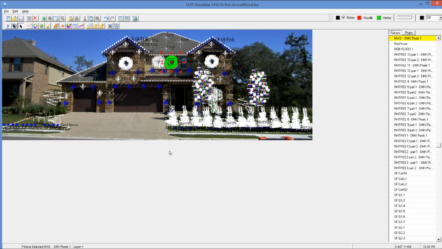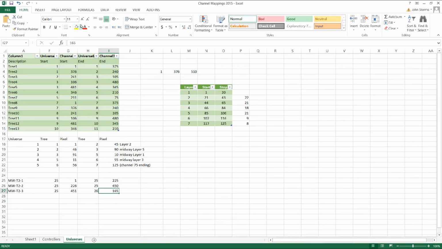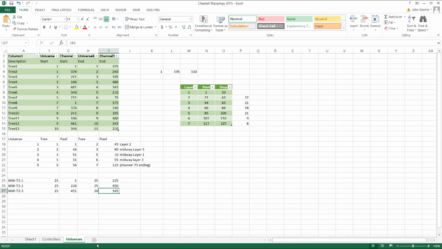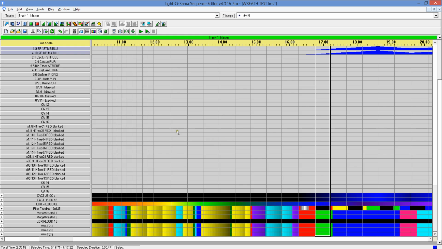Third one I have to do as 2 different ones, because for this pixel string tool you can't split universes. So I go back to my spreadsheet. The first one is going to start on universe 25, and then I've got to figure out how many pixels that's going to go for. How many pixels on universe 25 am I actually using? So I pull up my third wreath,